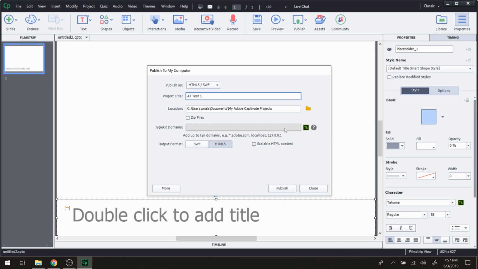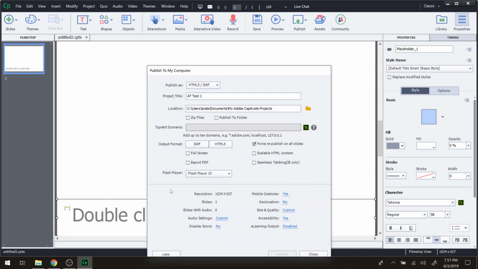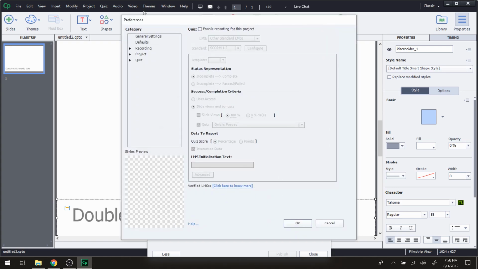Okay, if we had Adobe Typekit running, we could pick out some nifty fonts or whatever, and I'm going to go ahead and switch to HTML5 and force publish on slides. I remember scalable HTML content was not on, seamless tabbing was off, and then more. It's the resolution. Here's our slides, slides with audio, mobile gestures, geolocation. Wow, geolocation, incredible. Accessibility, yes, e-learning output disabled. And we could just say that we want it to be